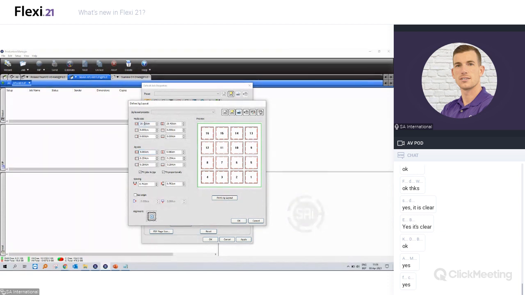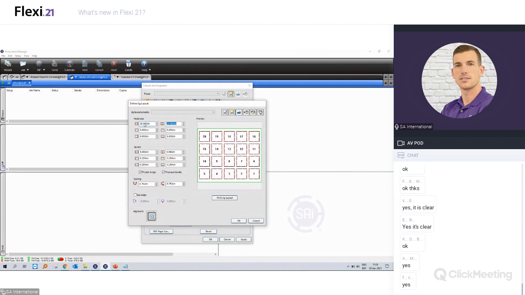So this can be the size of our pre-milled JIG. Let's say we have a JIG of 30 by 20, for example. You can set margins. Of course, the JIG size is important. So in this case, we have 8.5 by 5.5